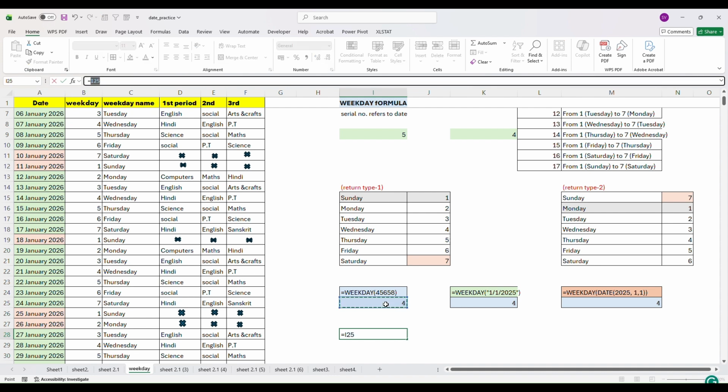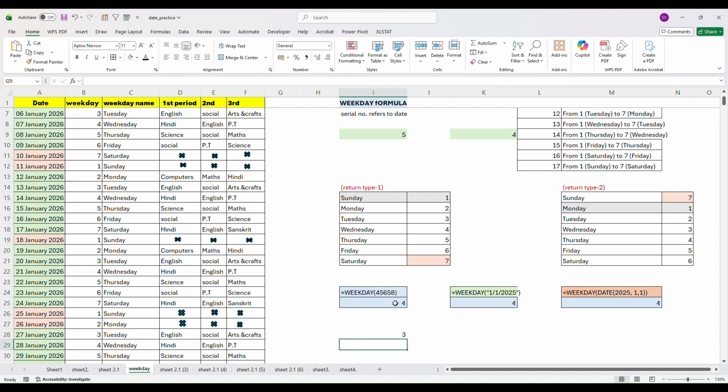Now what we have done is we have got a different return type. Similarly, we'll take the same thing and change the return type to 3. Here we have entered the date in a text format, like weekday, and in the text format we have presented it like this. The same thing we can